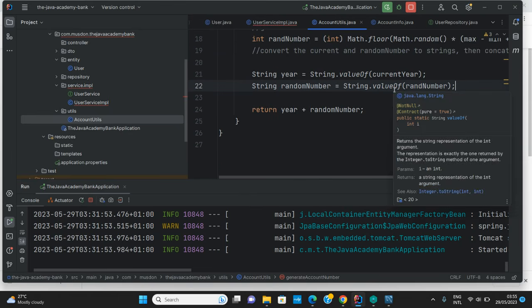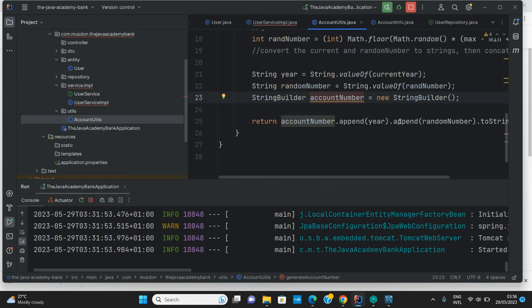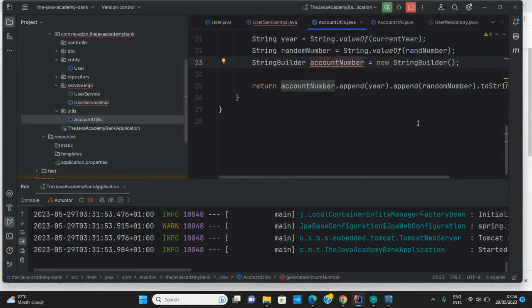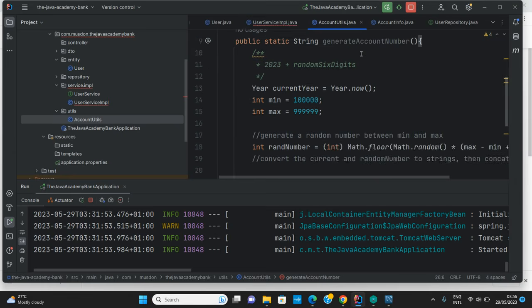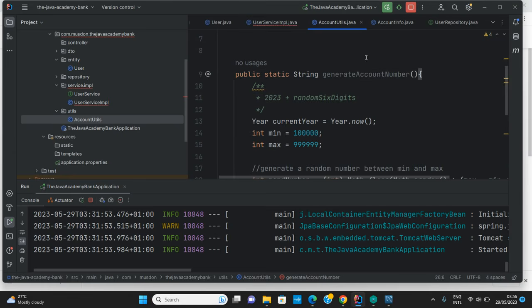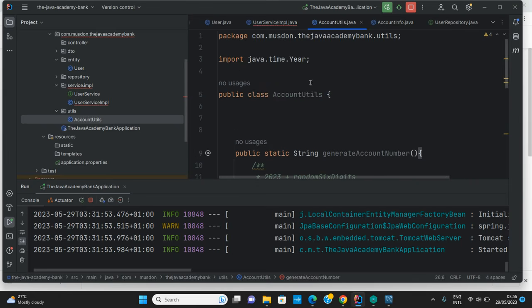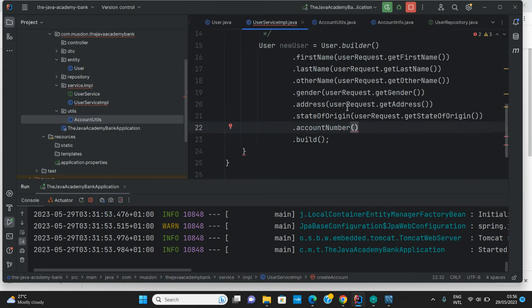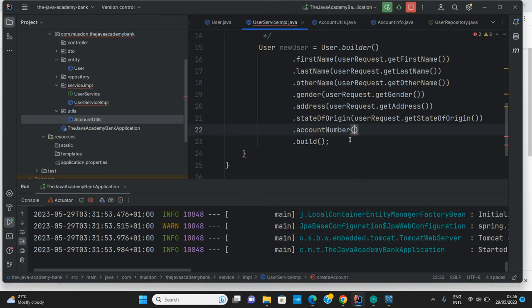Anyway, let me just add this. I prefer the StringBuilder method. So with this, we now have a method that helps us generate our account numbers. At this point, I'll come in here and my account number is going to be